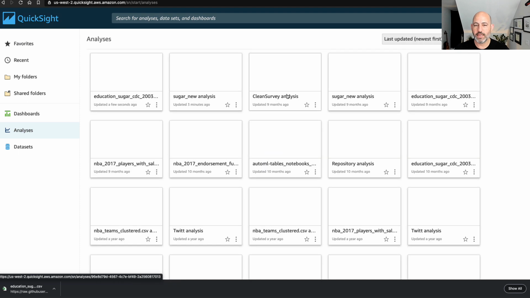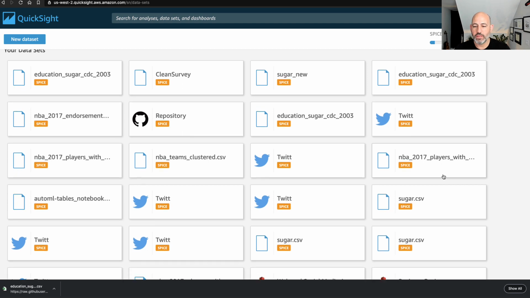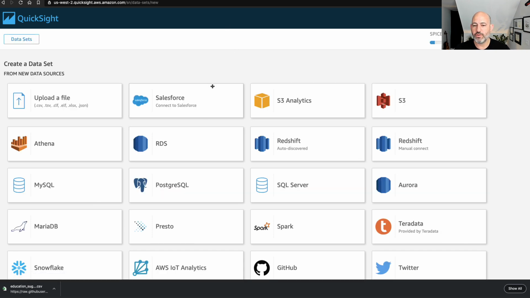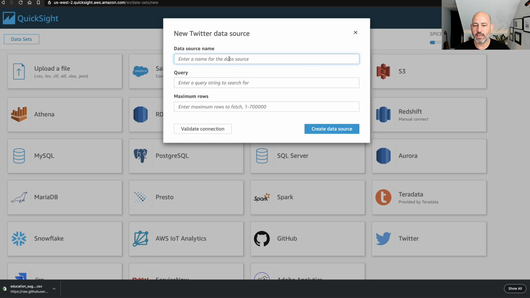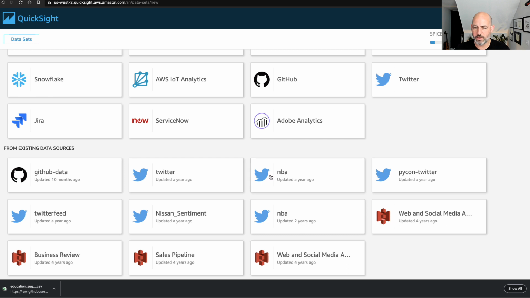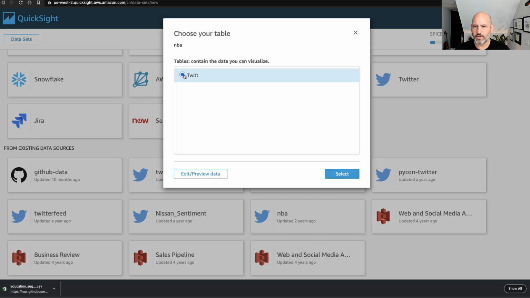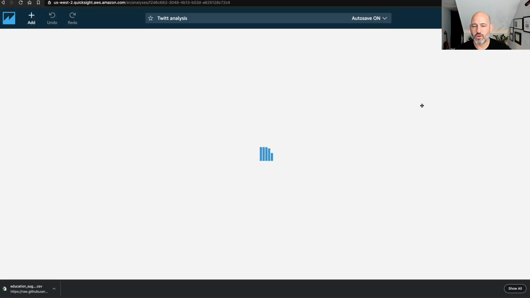Now the other one that relates more to some of the text analysis is that if we did a new analysis, one thing we can do as well is connect it to Twitter, for example. So if I say here, say new, and I say Twitter, for example, I could click on a data source and it could extract it from Twitter. I think I already have this set up though, so I can say, here we go, NBA, and we can say create data set,